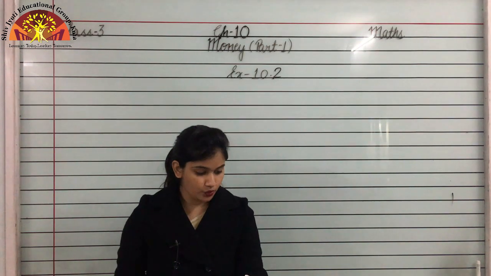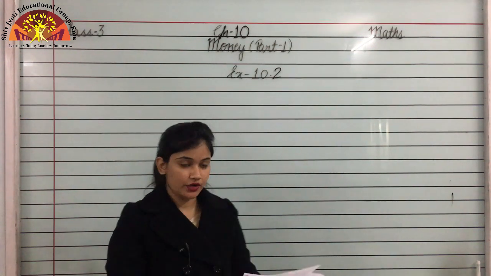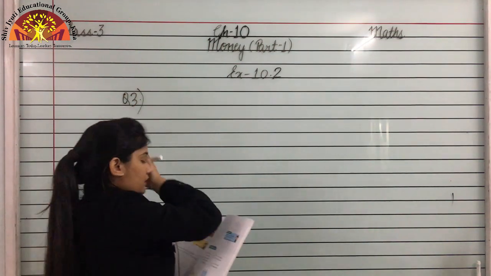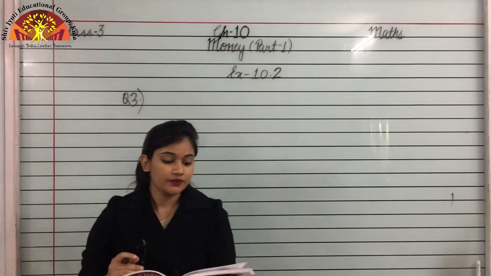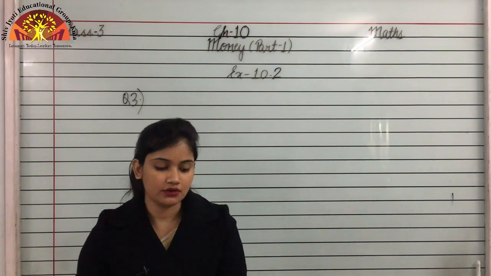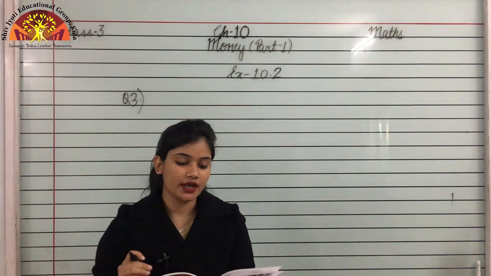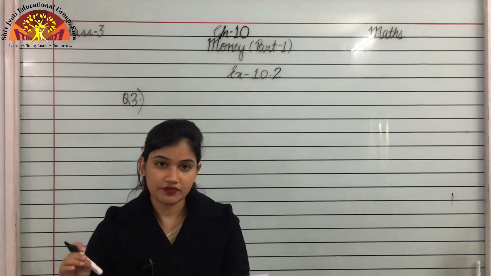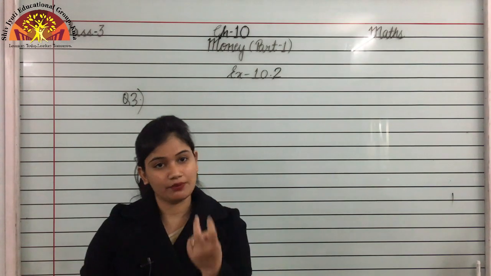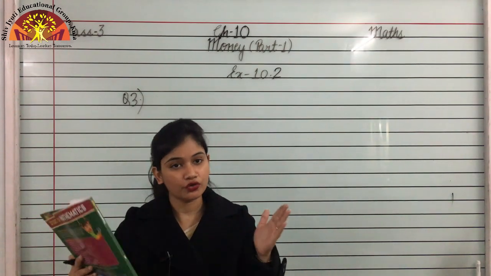So now we are taking question number 3 of exercise 10.2, that is given on page number 140. Question number 3 I am taking. Now what is there in question number 3? From the sum of rupees 715.30 and rupees 257.80 subtract rupees 526.75. Now what is given in this question? From the sum of two numbers are given here, okay. It means first of all we have to find the sum of two numbers.